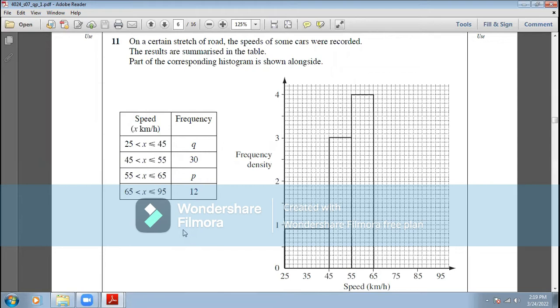So basically, this is a histogram. On the y-axis, the frequency density is shown, and on the x-axis, the speed is shown. And here the table is shown with its frequencies. These are the classes, and these are the